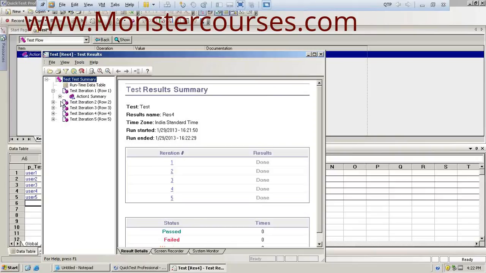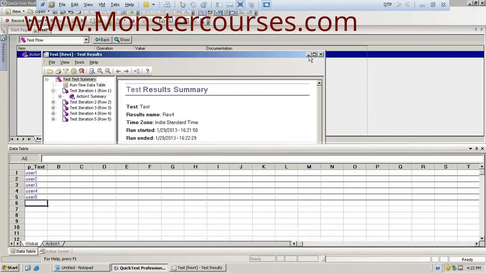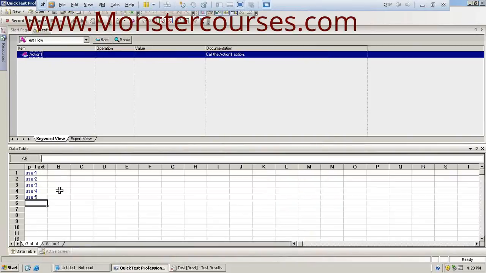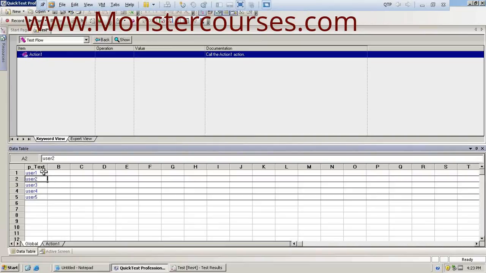In case your application accepts different kinds of passwords, similar to the agent name, we can also create one more column to enter the passwords. So it enters the value of whatever you specified here into the application during execution. As it accepts only Mercury as a password, I have not created the column to enter the password.